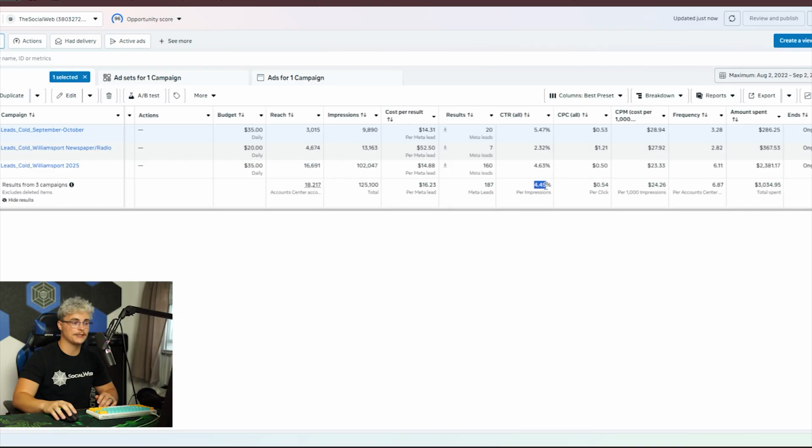It's super important that you actually track these metrics. You want to track your cost per lead. You want to track your click-through rate, which is the percent of people that are actually clicking on your ad. You want it to be at least around 3%. You can get campaigns that do 9, 10%. That's really good.